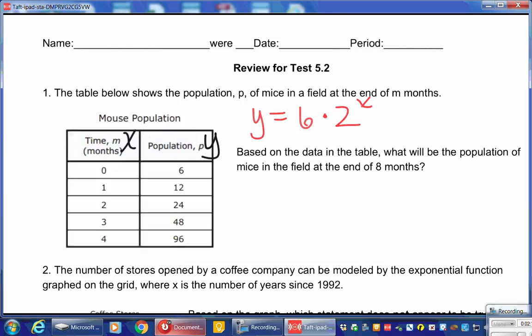The question was, how many mice are there at the end of 8 months? So I'm going to replace x with 8. Here, that's going to be 6 times 2 to the 8th power. 2 times 2 is 4, times 2 is 8, times 2 is 16, times 2 is 32, times 2 is 64, or